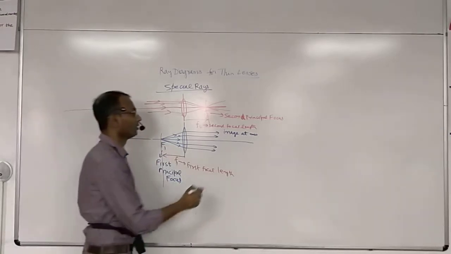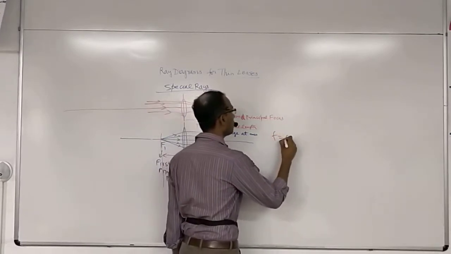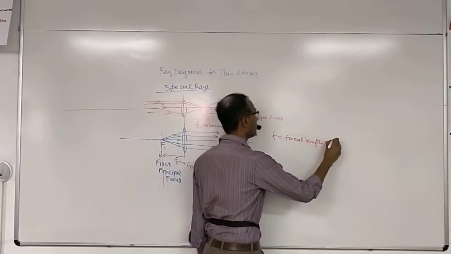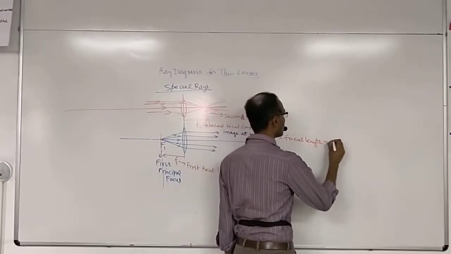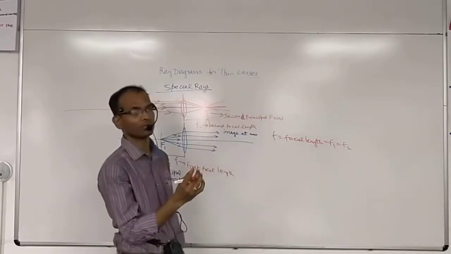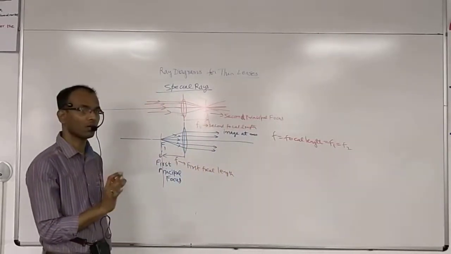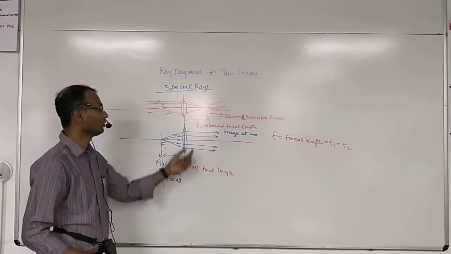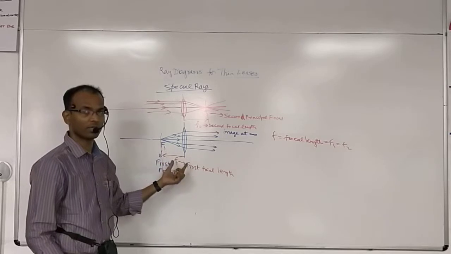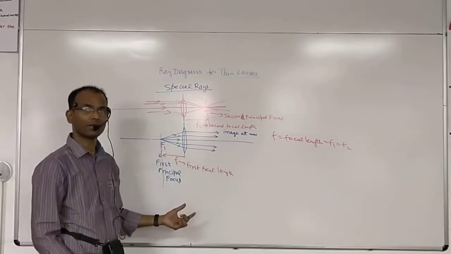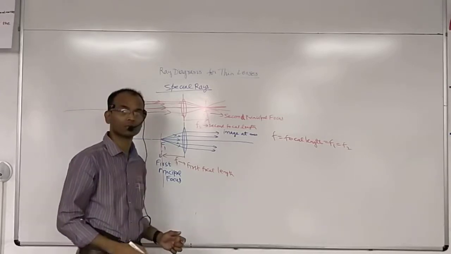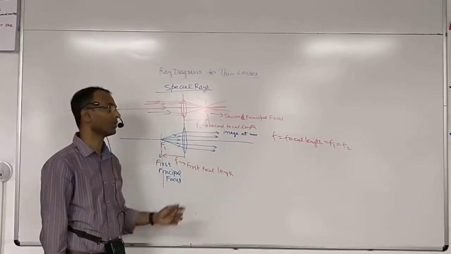Yes. So f is called the focal length, and it is equal to f1, which is equal to f2. I mean the magnitude. Clear? So if this is 10 centimeter, this will also be 10 centimeter. So we say the focal length of the lens is 10 centimeter. Understood this point? Focal length is the distance between the center of the lens, which we call the optic center,